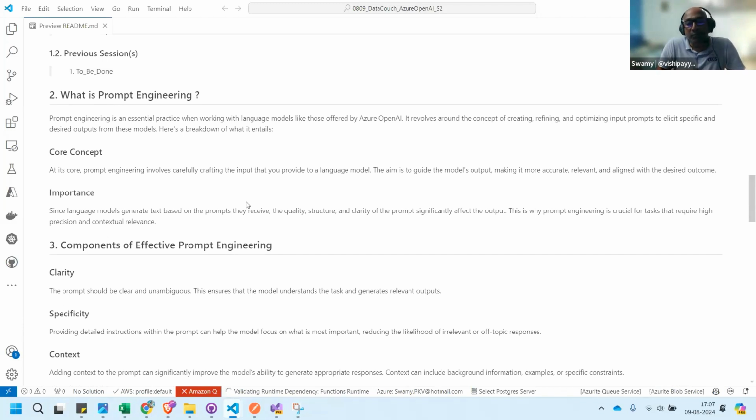AI models, may it be ChatGPT or Copilot, or GitHub Copilot, or Azure OpenAI, or OpenAI, or anything, Google or Amazon's AI models, or any other AI models. The prompt engineering skill set is very much needed for us to be successful in using those, and make our life easier.